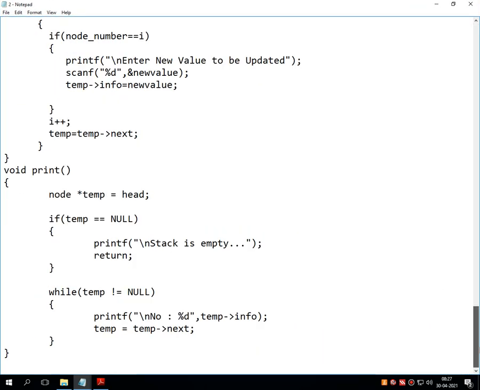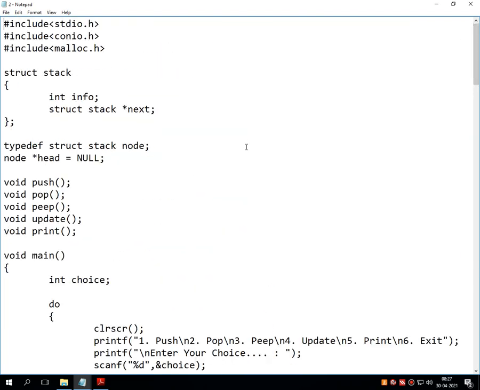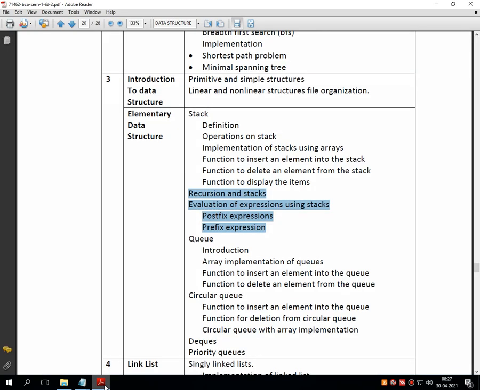Now, as I indicated, we can implement the stack operation using pointer also. Whenever we implement the operation of stack using pointer, we have to go for another concept which is called recursion.